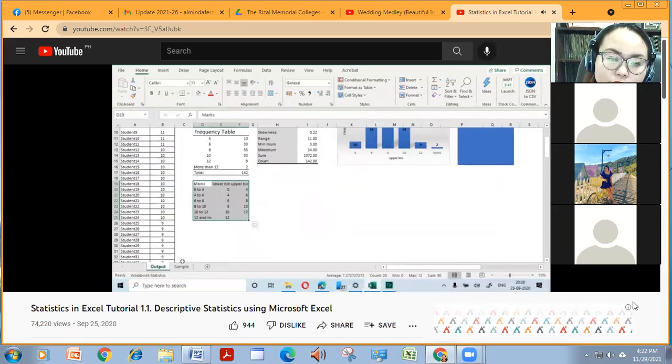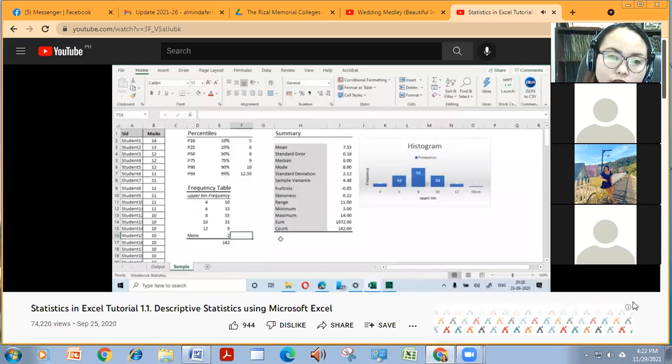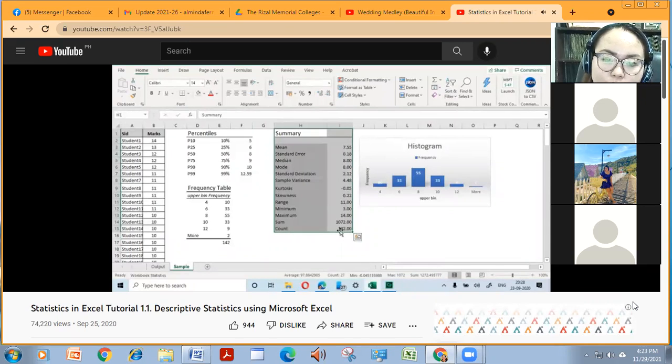So once more, just to summarize, this is one very quick way of summarizing the data. The data need not be limited to just 100 rows. You can have hundreds or thousands of records, as many as Excel can accommodate. These methods are fairly generic. You can quickly generate a summary table. It gives you the summary description of the data: the minimum, the maximum, the measures of dispersion such as range and standard deviation, the average value and the median value. Comparing the median value and the mean value and the skewness, you will also get some sense of the direction of skew. And you can sense that from the histogram as well.